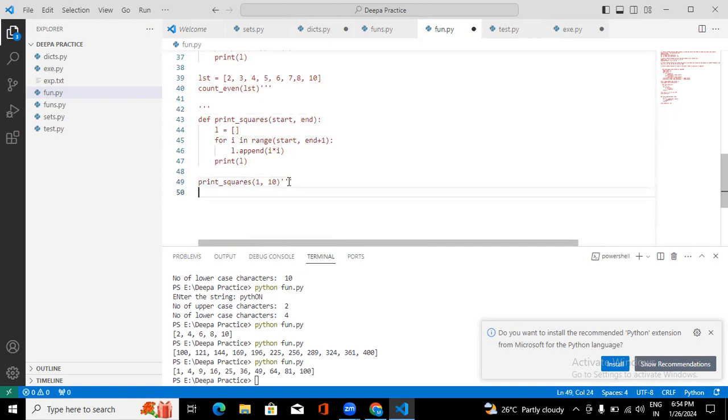Okay. My final program is, I want to create a function so that it should tell me whether the number that I have given is positive or negative. So when we are going to tell a number is positive,